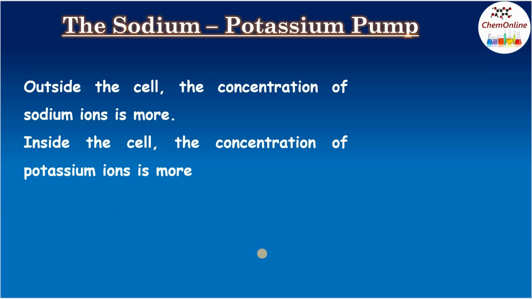Outside the cell membrane, the concentration of sodium ions is more, whereas inside the cell, the concentration of potassium ions is more. The sodium ion concentration within the cell has to be kept about 10 times lower than that in the extracellular fluids, whereas the potassium ion concentration inside the cell is about 30 times higher than that in the